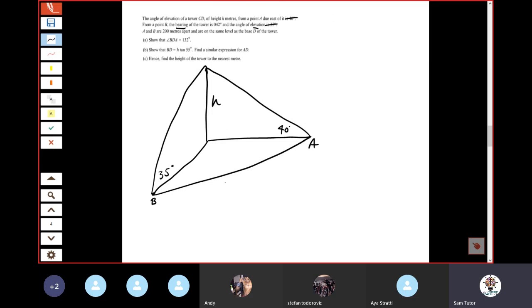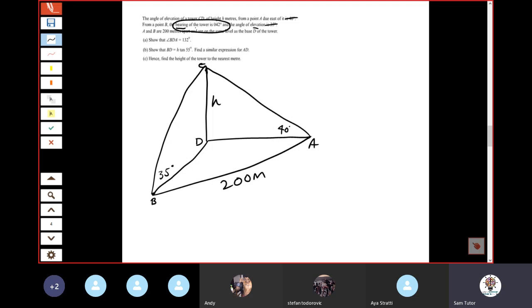A and B are 200 meters apart and are on the same level as the base D. So again, that's D and that's C. We haven't put in our bearing yet. Now, just so you can understand this,